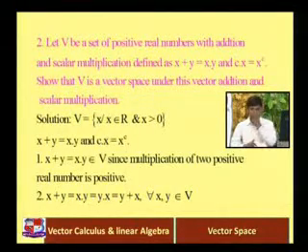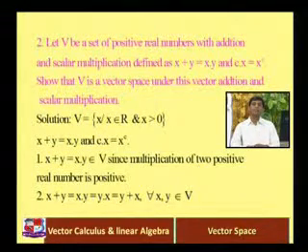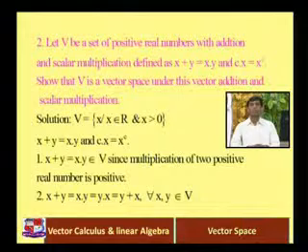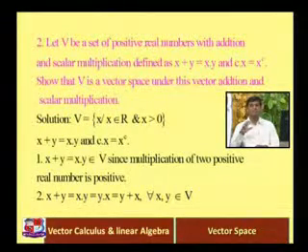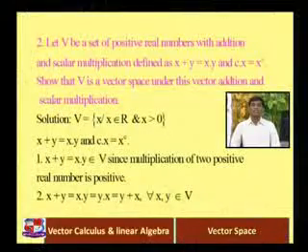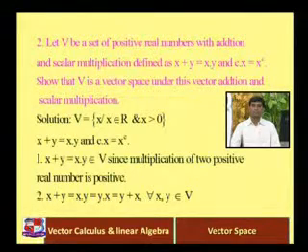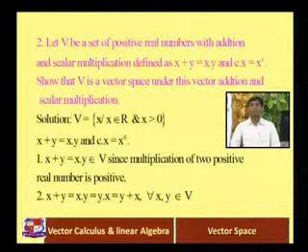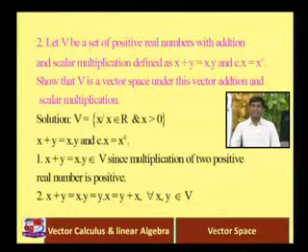First condition is closedness: x plus y is equal to x into y, that also belongs to V. Okay. So what is set V? Try to understand the set V. Only the positive real numbers are in the set. Okay, x should be a real number and it should be positive. So all the positive real numbers are in the set. So what is the first condition? x plus y is equal to x into y, where x and y both are positive real numbers. So x into y is also a positive real number, because multiplication of two positive real numbers is also positive. So that's why it belongs to V.